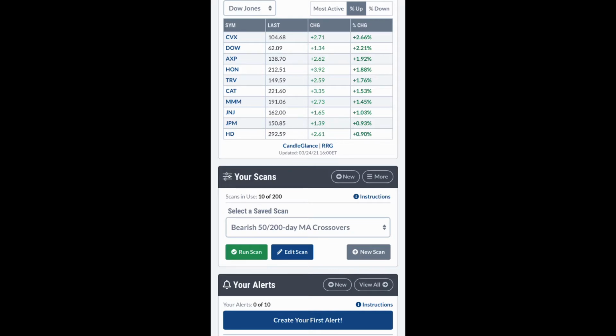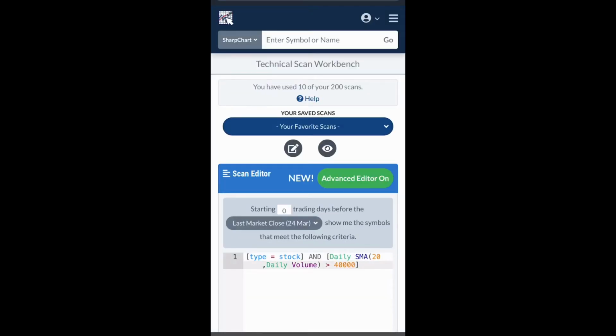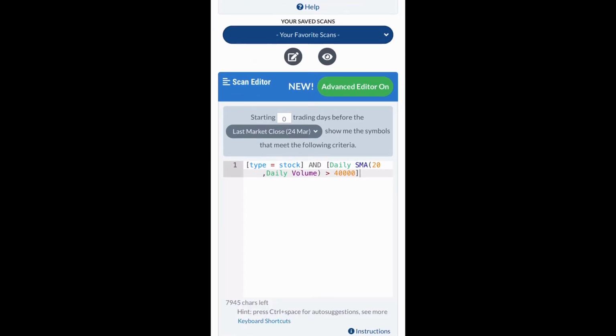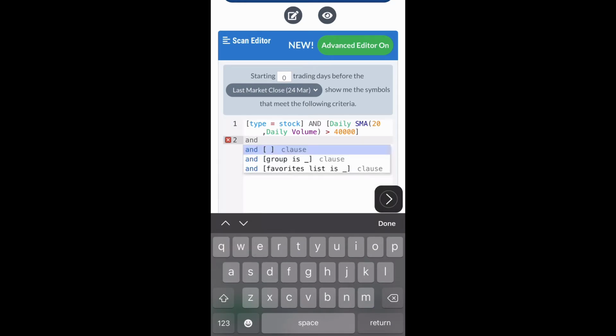Just like always, you're going to start off on the dashboard and hit new scan. From here, you're going to see that it's already set up for you with the first line of a type of stock. Same as always, with the daily simple moving average of 20 and a volume over 40,000. We're going to open up a new line and start with "and," because we're building from the first line. First we're going to start off looking for RSI below 30. So these are going to be cold